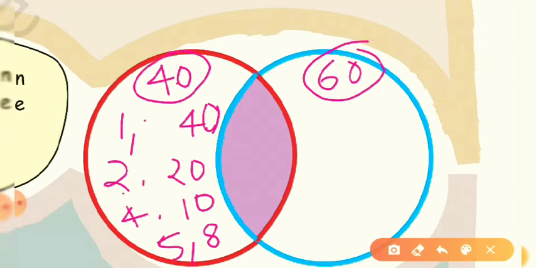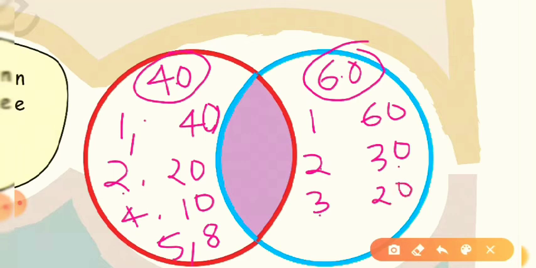Now similarly you will find the factors of 60. First number will be 1, so its pair will be 60, because 1 into 60 gives 60. Next it will be 2, and 2 times 30 is 60, so 30 is also a factor of 60. Next will be 3, so if you divide 60 by 3, you will get 20. So 3 and 20 are factors. Next is 4, so it will be 15, because if you divide 60 by 4, we get 15. And at last it will be 6 and 10. Okay, 6 and 10 we got. Let me write here 10.